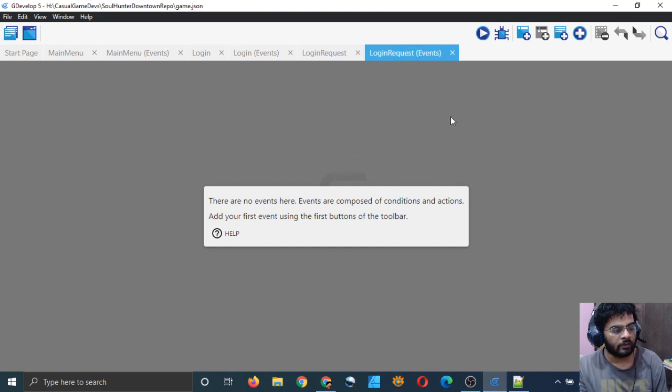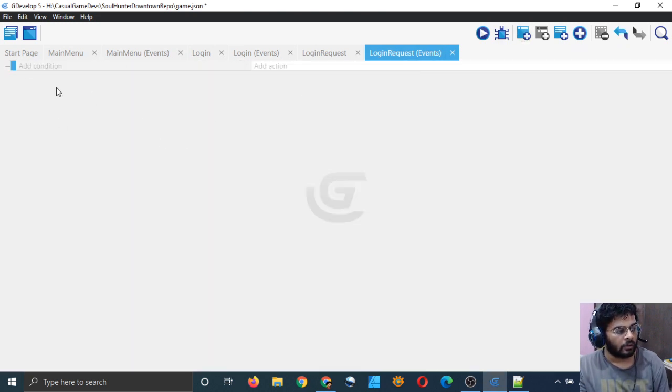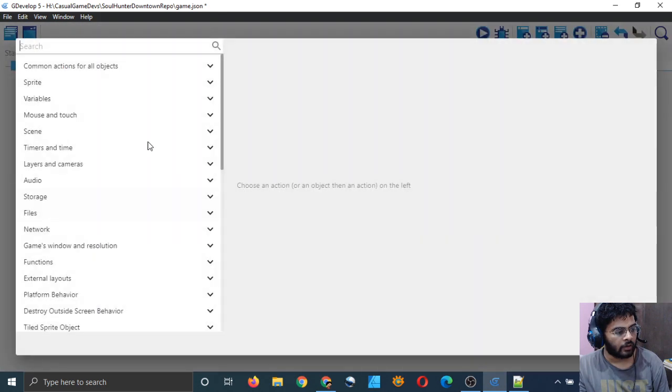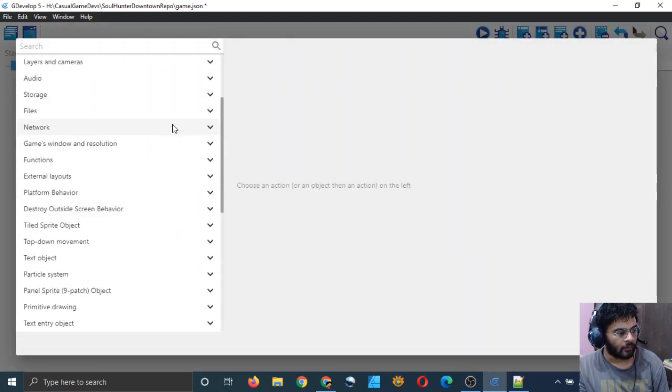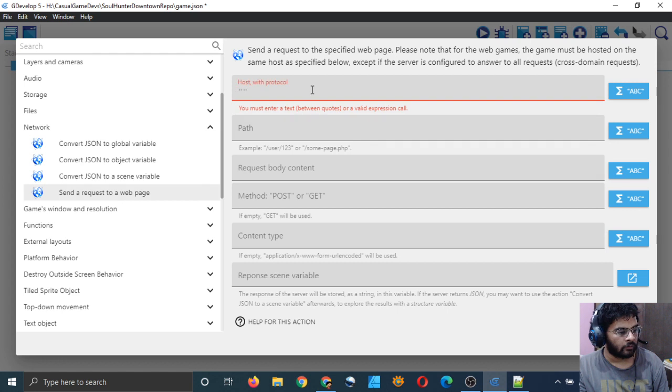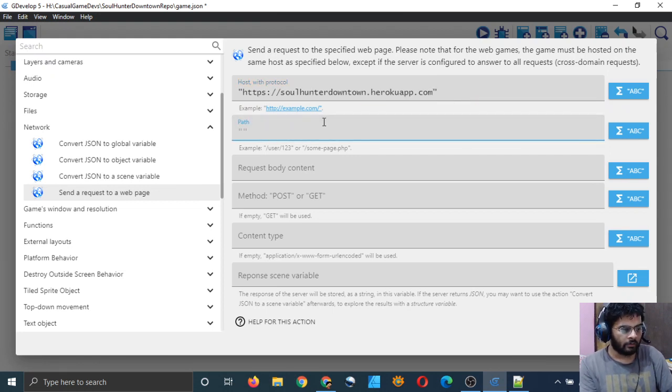And in the login request, we will send the request. That will be easier to do. Without any condition, just add action, network, send a request to a web page. Host with protocol: toolhunterdowntown.herokuapp.com. Here I will type the path,